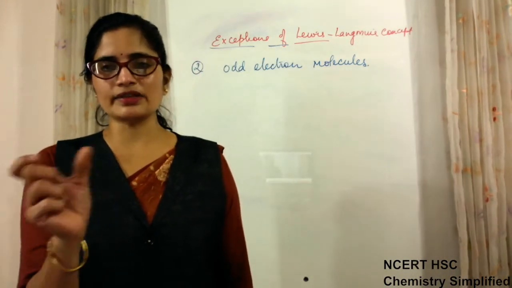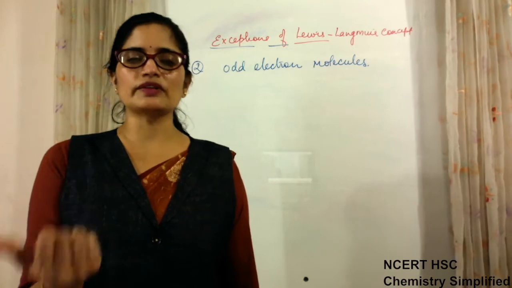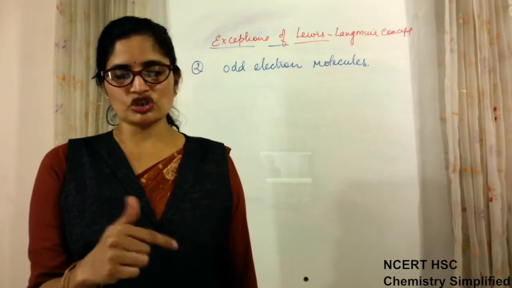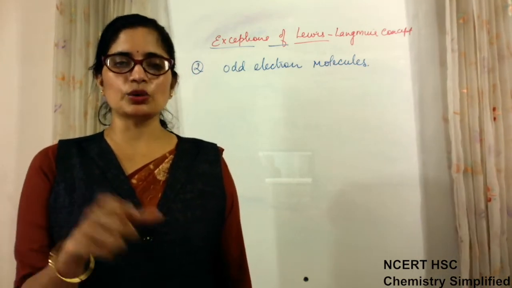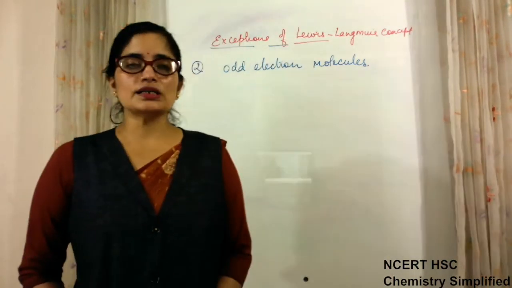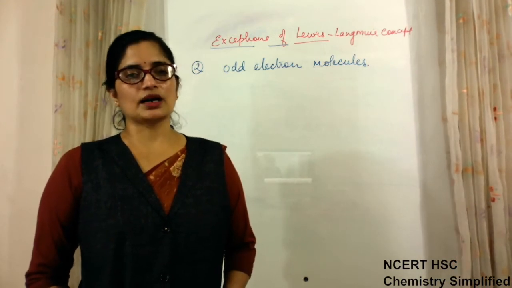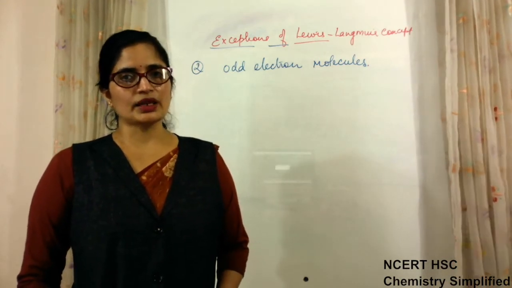Odd means generally we see that electrons are present in pair. When they are making bond, that time also they will be in pair because sharing is taking place. When there is lone pair of electron, then also they are present in pair. But there were certain examples which were found they were not having pairs, odd electron was present.